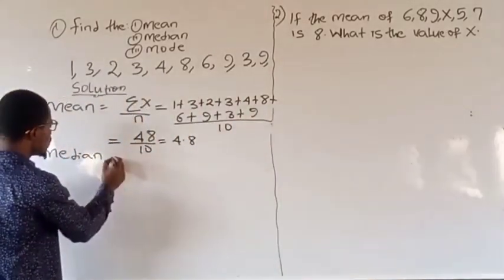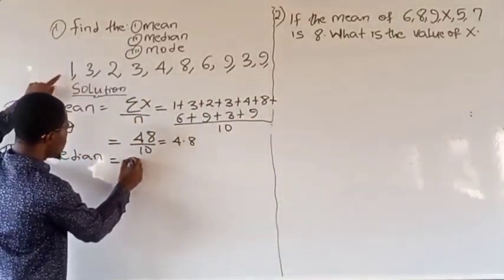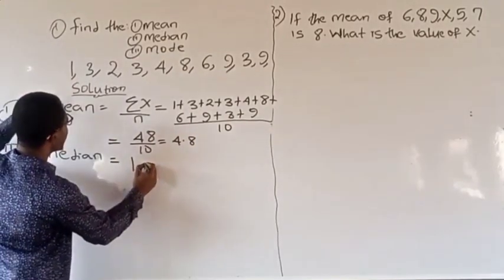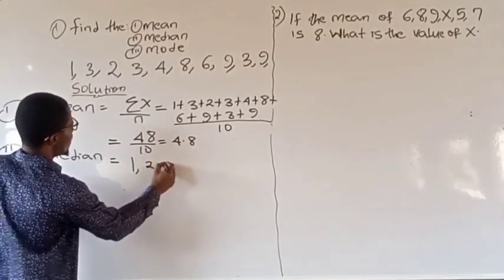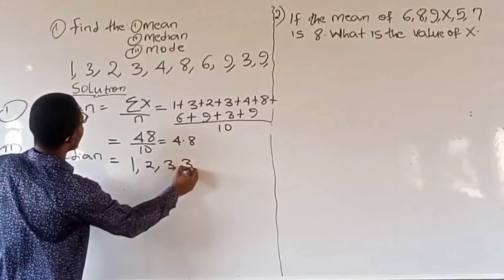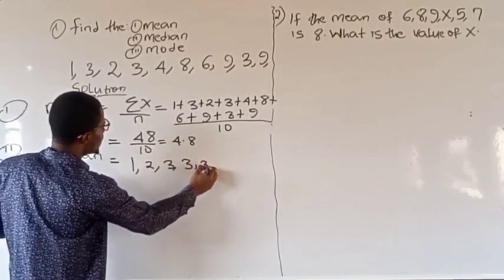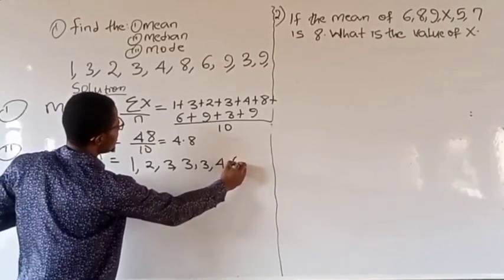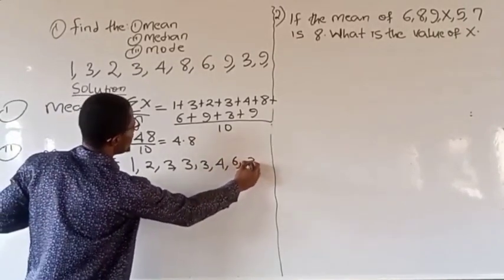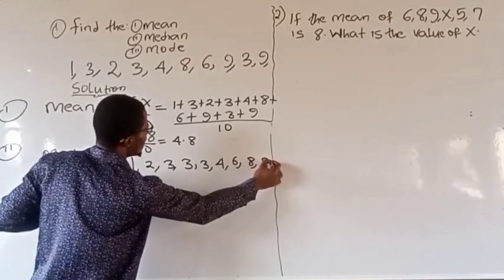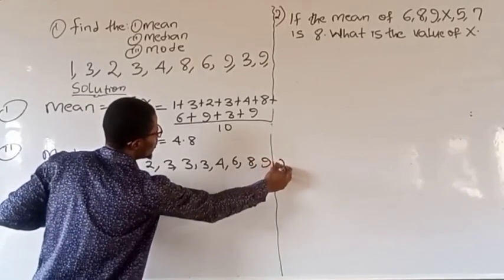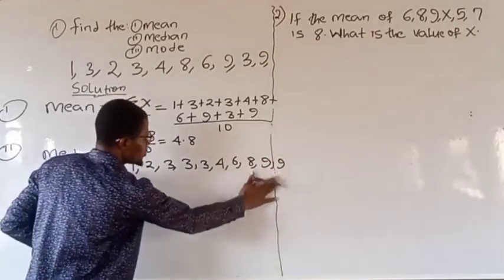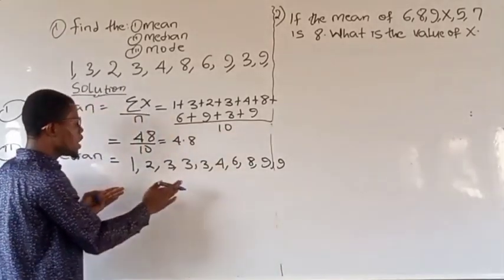So now let's try to rearrange these numbers. If I rearrange, I have 1 come first, then 2. Then I have 3, I also have another 3, and another 3. Then I have 4 next, then 6 next, then 8 next, then 9 next, then another 9 again. So now, if you arrange the numbers from the lowest to the highest,